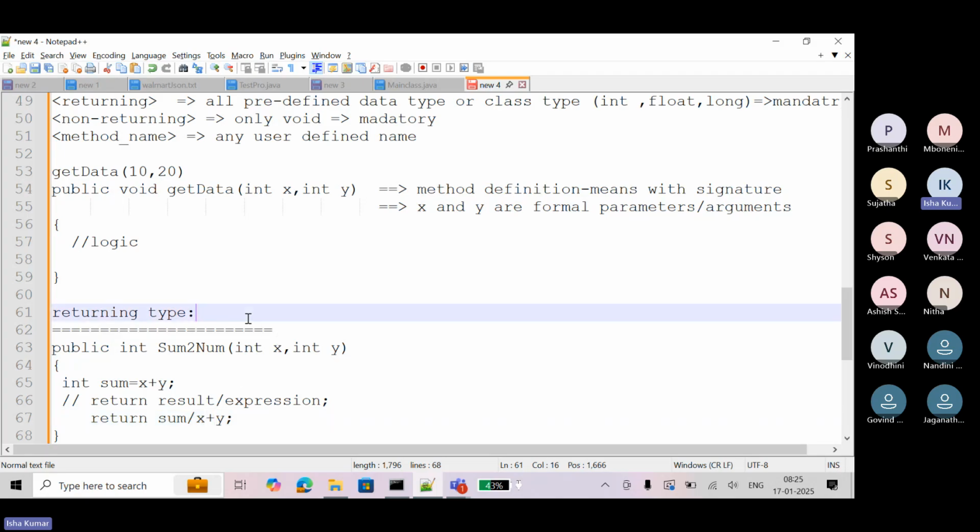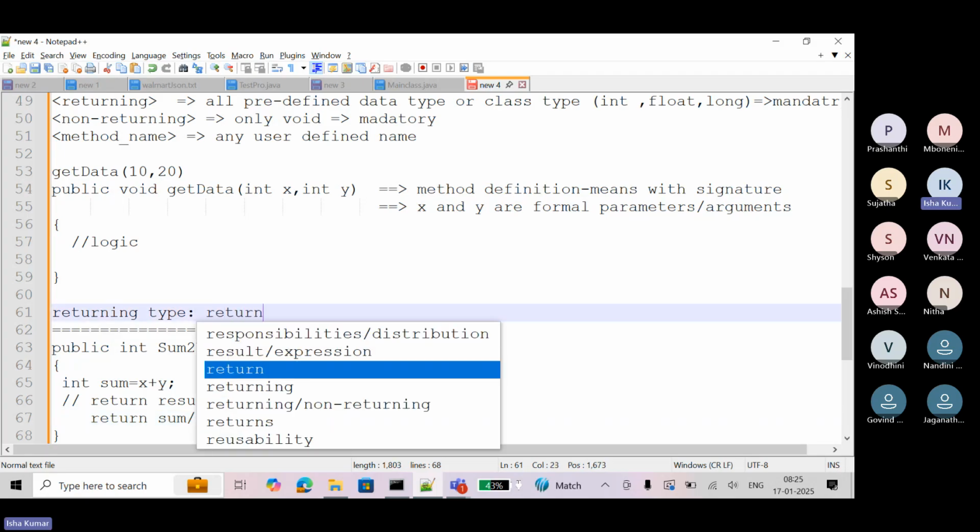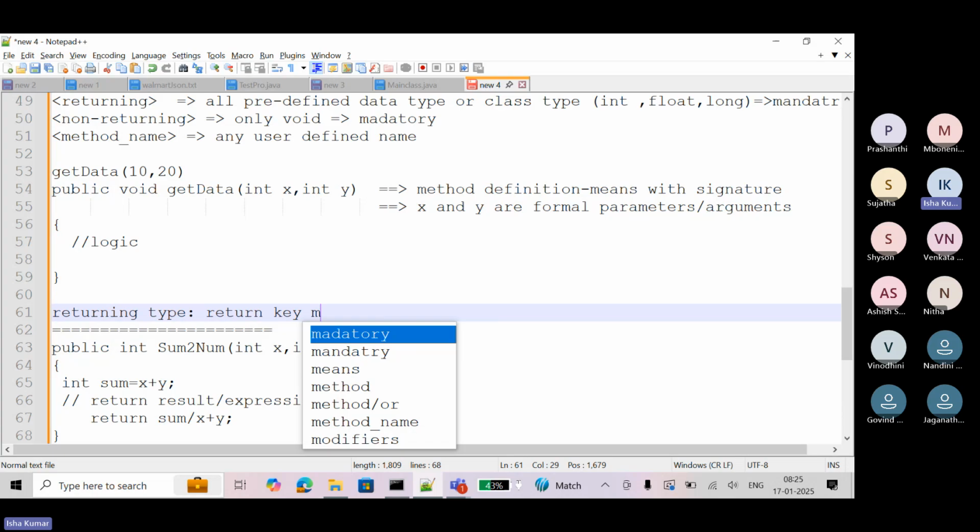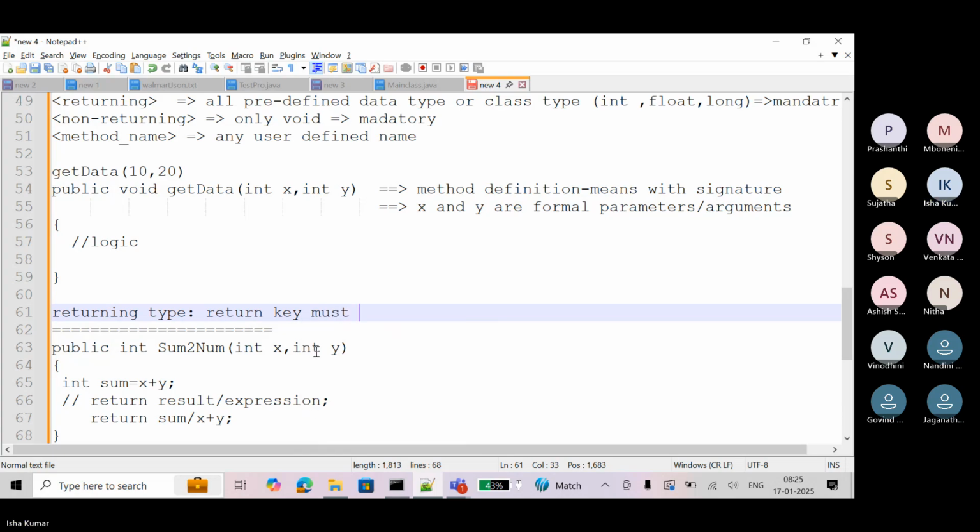So in a returning type method, the return keyword must be used. Return is a predefined keyword. It must be used at the end of the method logic.